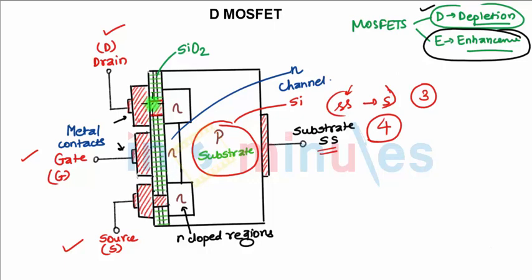This is the metallic contact through which the drain and the source terminals are connected to the N type, and the gate terminal is not directly in contact with the N. There is no metallic contact between the gate and the N type doped region, right? But the gate is also connected via a metallic contact. This contact which is shown is nothing but the metallic contact which is used for taking the terminal out from the device, but remains insulated from the N channel by a very thin silicon dioxide layer.